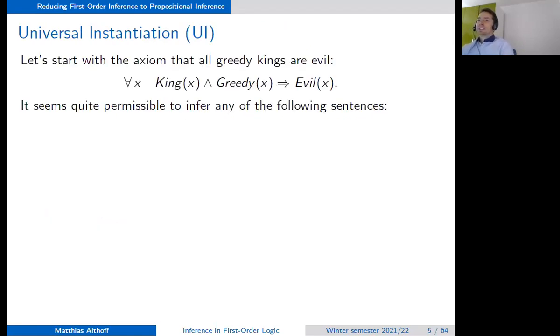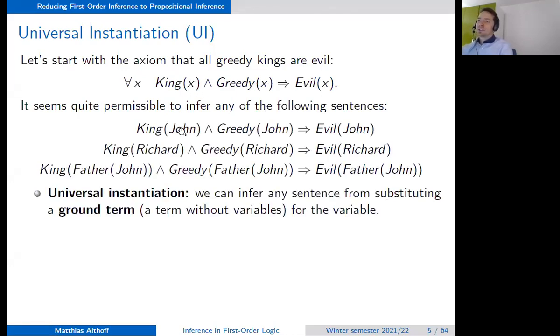Okay, so let's start with removing universal quantifiers. We can just have a simple proof rule where we say, okay, we have a statement that is true for all x's. So if we replace x with some constant, let's say c, then the sentence where we replace x with a constant c is still valid, because if it's valid for all x, then for a particular constant, this should also be valid.